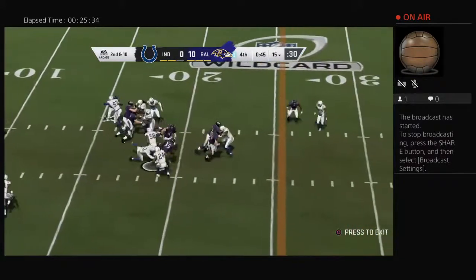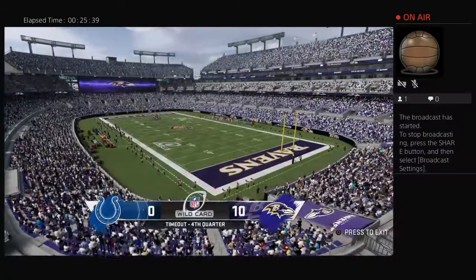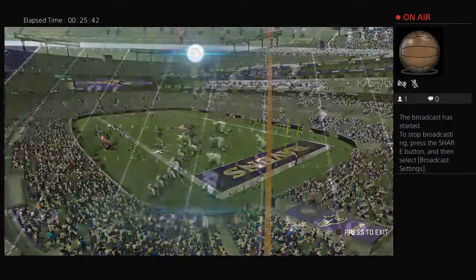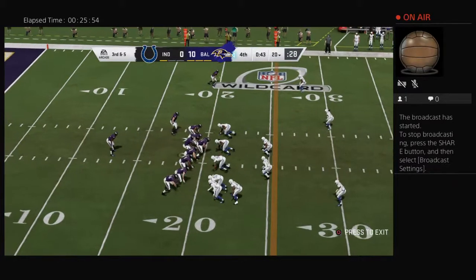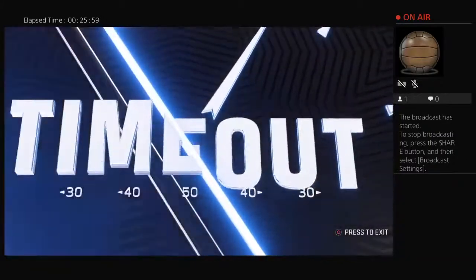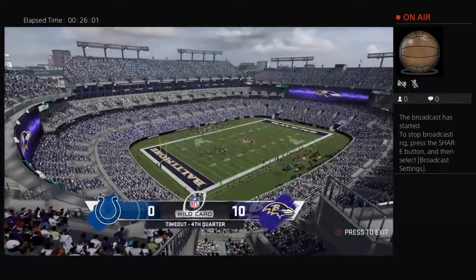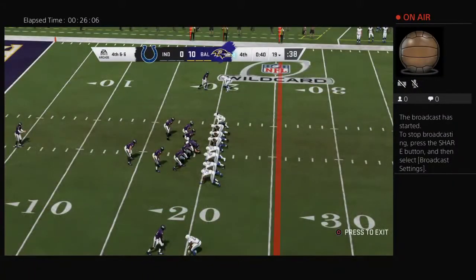Now it's Edwards. And from the 15, they're able to work this up to the 20 for a pickup of a handful. Now the Colts going to burn the second of their timeouts as they'll stop it with just over 40 seconds to go in the game. Again, it's Edwards. And not even back to the line of scrimmage this time as they're on him quickly once more. Now the Colts will use their 3rd and final timeout as they'll stop it with 40 seconds remaining in